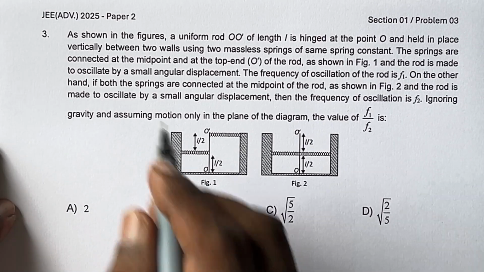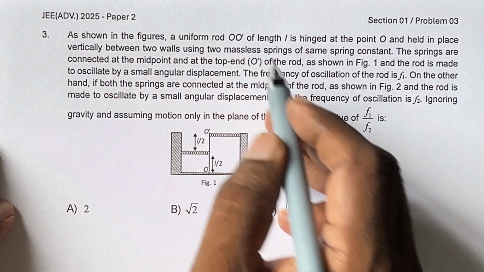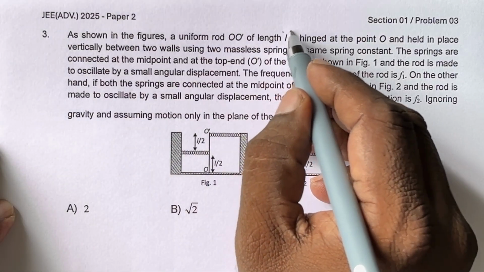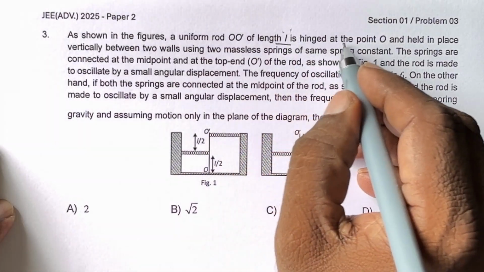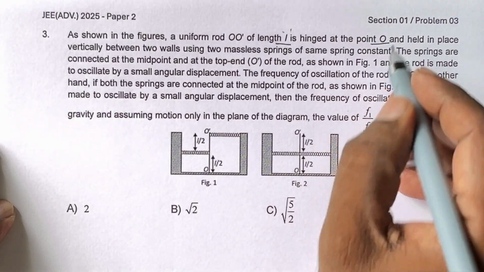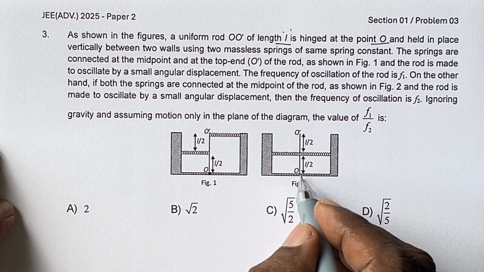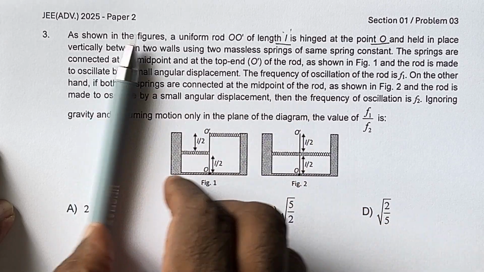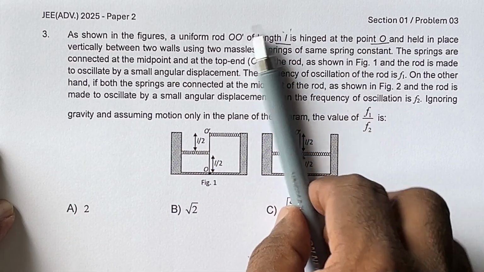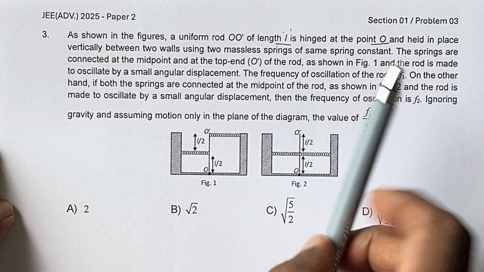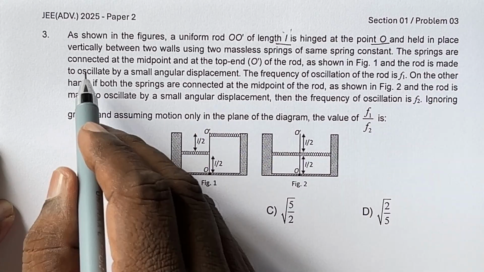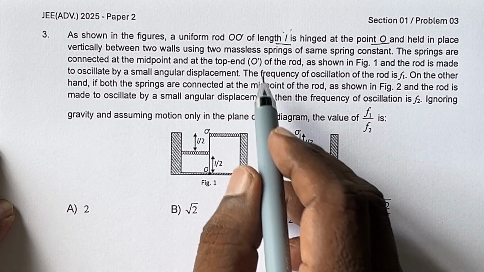In this problem, as shown in the figure, a uniform rod OO' of length L is hinged at the point O. So it is oscillating about this point, and this is the axis of rotation. The rod is held in a vertical place between two walls having two massless